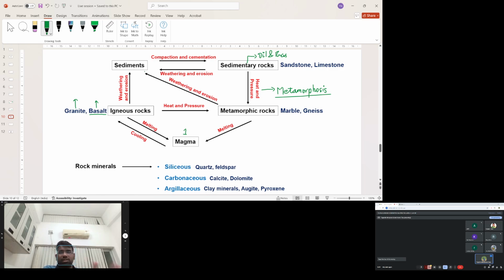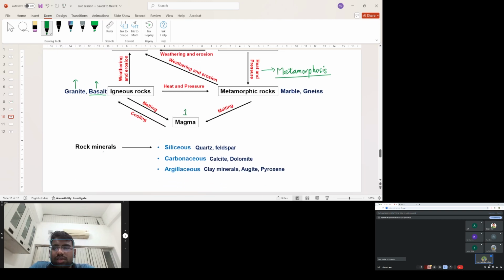So this is the cycle of formation, degradation and enhancement that occurs in nature. Hope it is clear. Any doubt? Yes, sir. It's fine, sir. So this cycle is known as the rock cycle,